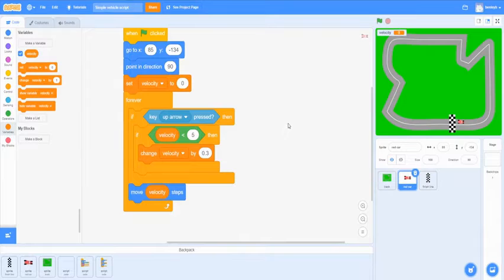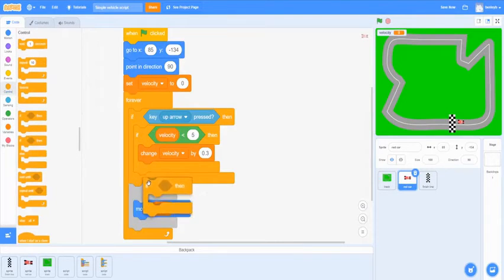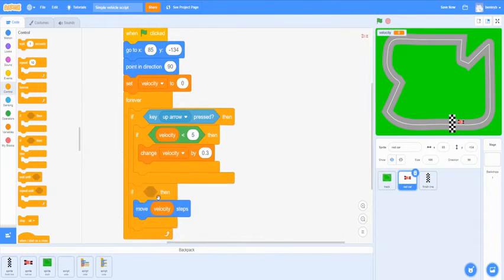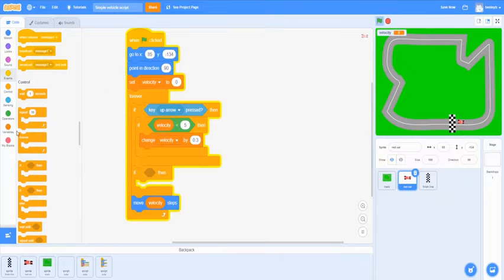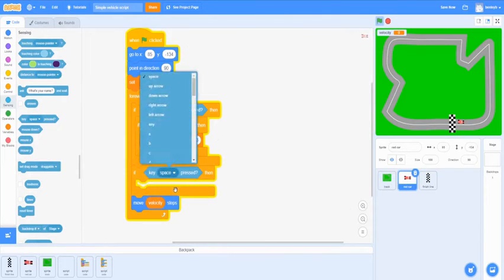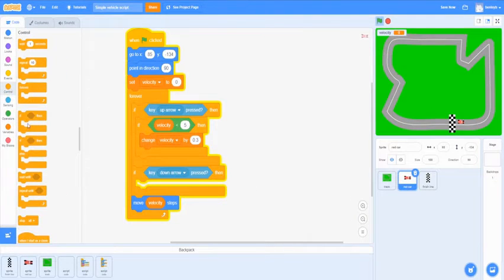Before we do that, we're going to add some coding for brakes and moving the car left and right. So we're going to add in another if then in the Control tab under the other if then. And we're going to add in a key pressed block. So go to Sensing and grab a key press block, and we're going to make this for the brakes. So down arrow key,